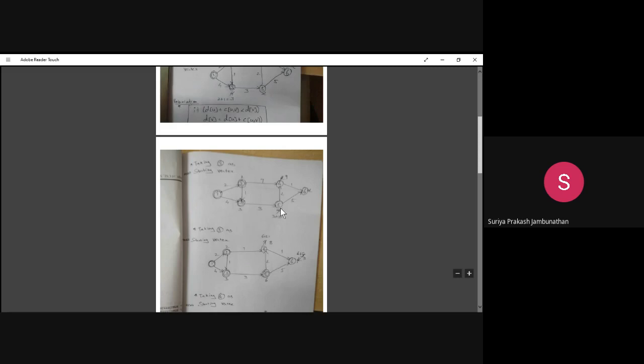Sir, can we take the fourth node also, no, sir? What? No, you have to consider. We can consider the fourth node, no? Like node number 4. No, you are traveling from 1.